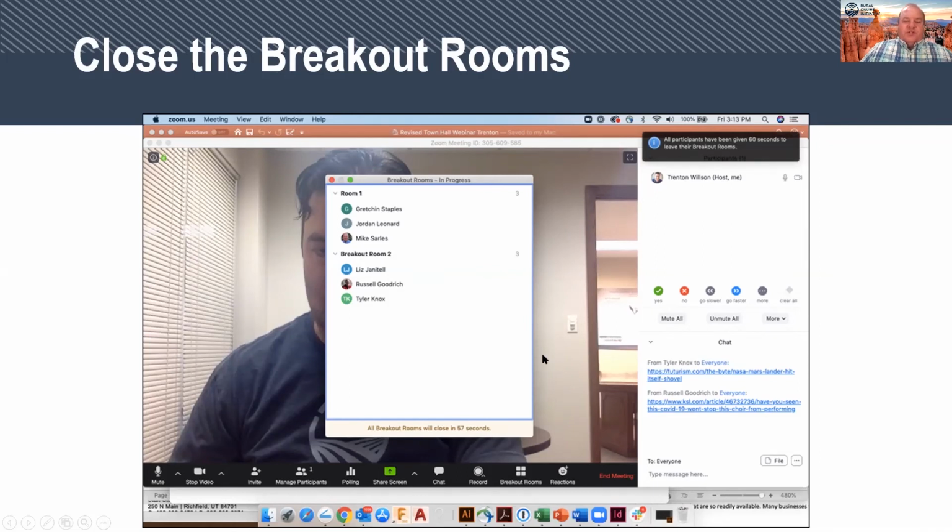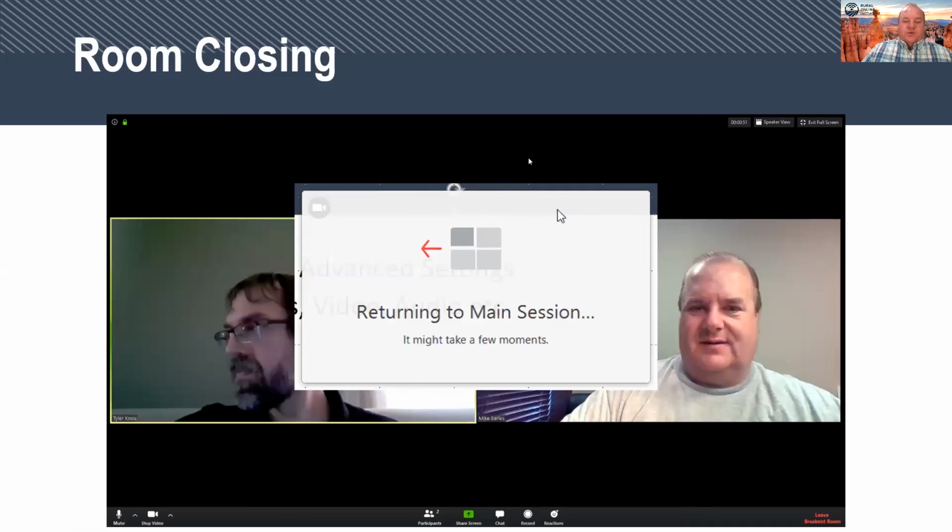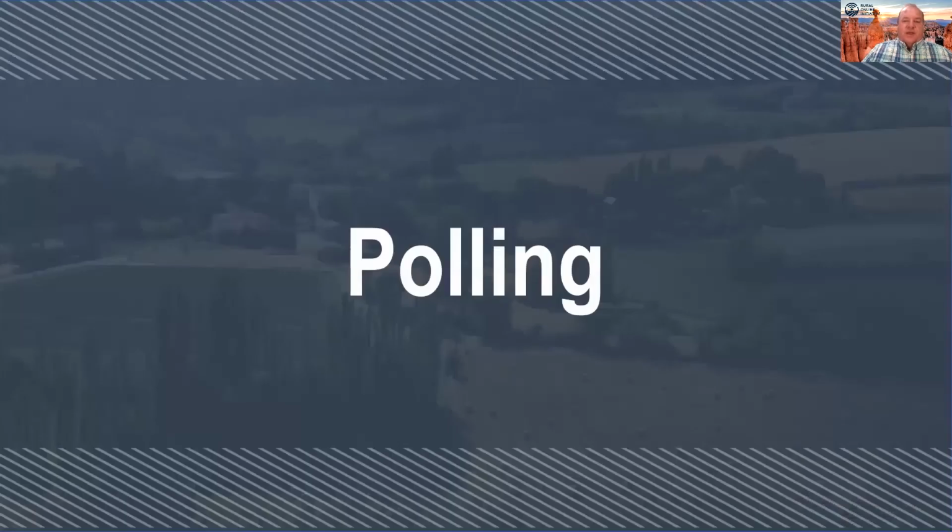When you are finished with the breakout rooms, you can click the button at the bottom that says Close All Breakout Rooms, and there's a countdown of 60 seconds when you close the rooms. Everybody will see a countdown on their screen that says they have X number of seconds until the breakout room closes. They also have the option of leaving the breakout room should they want to. This is what it looks like when they're leaving the breakout session,